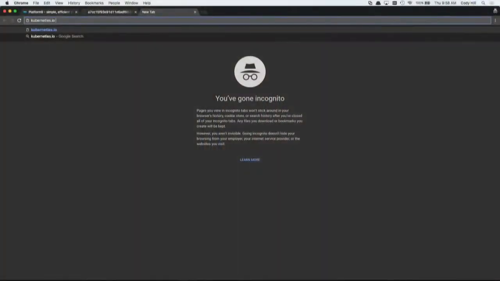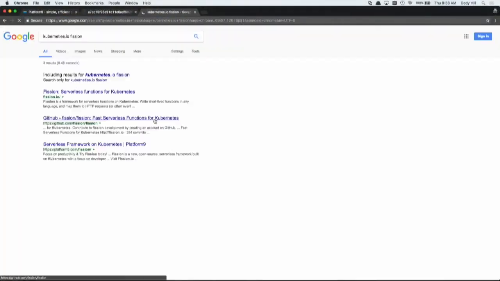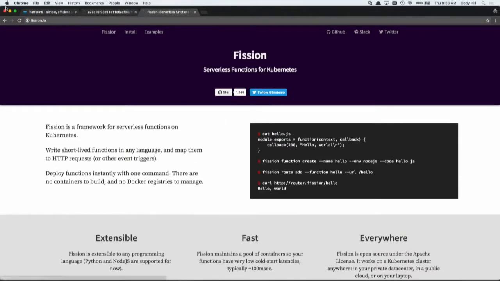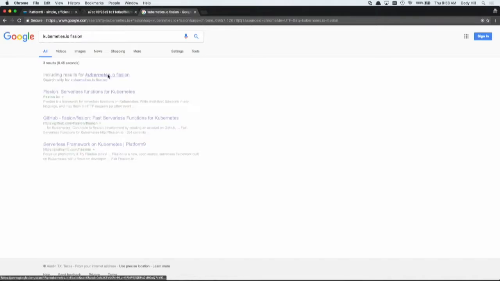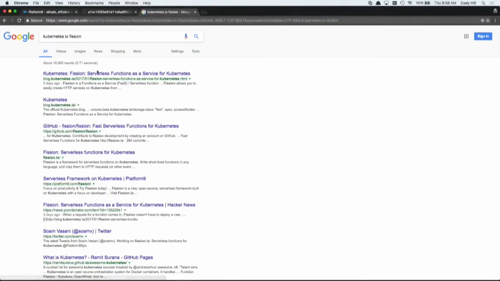Great. Let me jump over to our blogs site. Apparently, we've done this before. It should be on the Kubernetes blog. Kubernetes.io? Yeah. You should just be able to search for it. IO and then Fission. Cody, can you increase the font? Sure. Yeah, you went to the Fission. Yeah, let's find this. There we go.